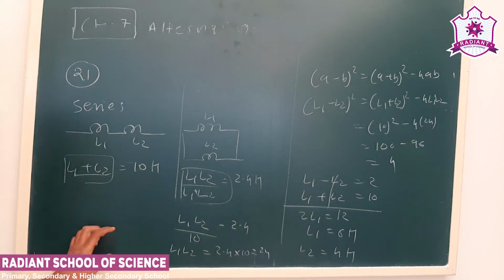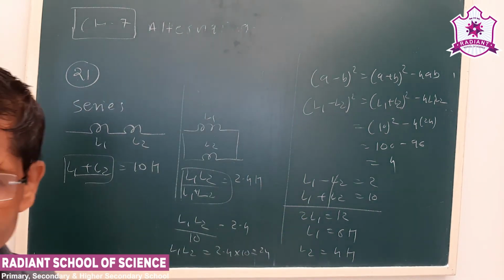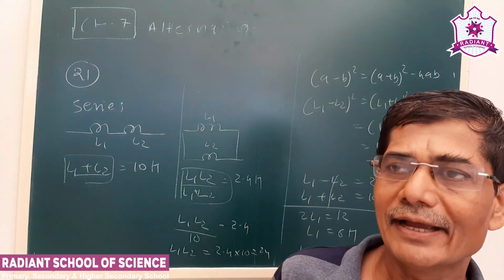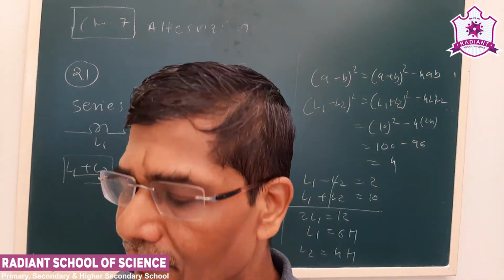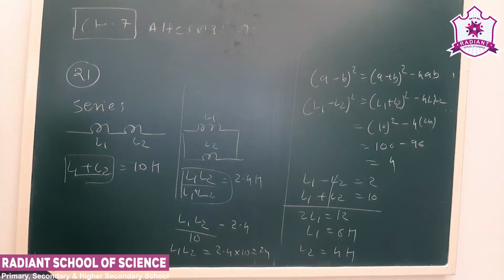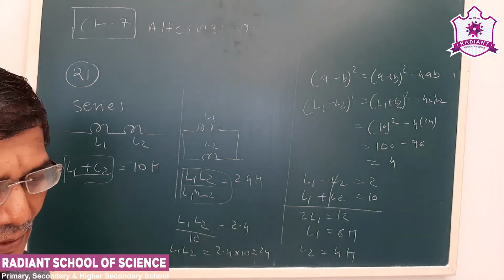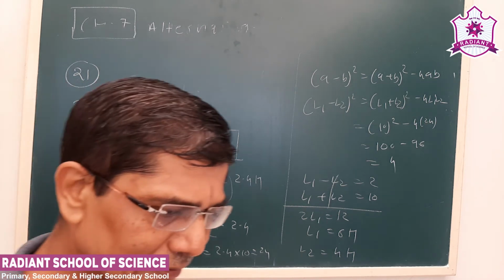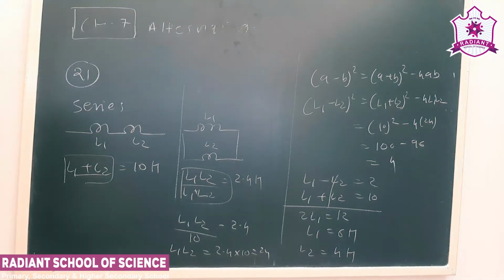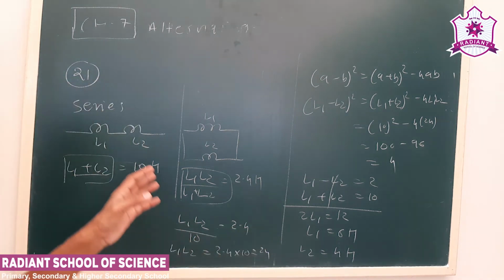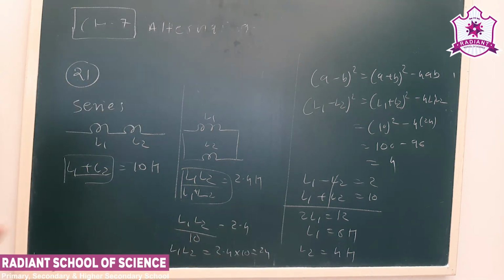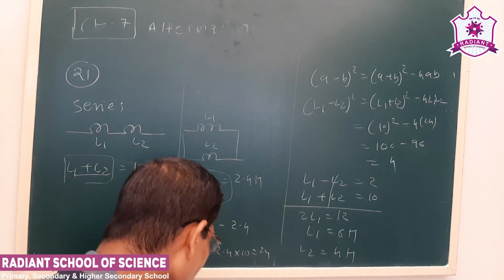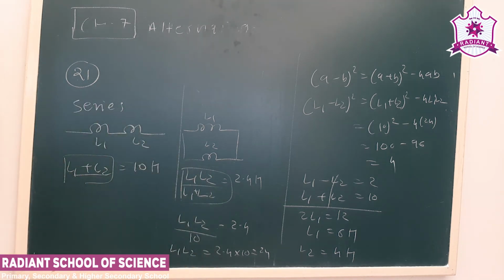You can see this method is a longer method. Conventionally, when we solve MCQs, we have to consider the time frame also. So in that case, I feel if you know the trial and error method, that will be good for you. You can solve it promptly. Anyway, we should know this method also. So this is our MCQ number 21.